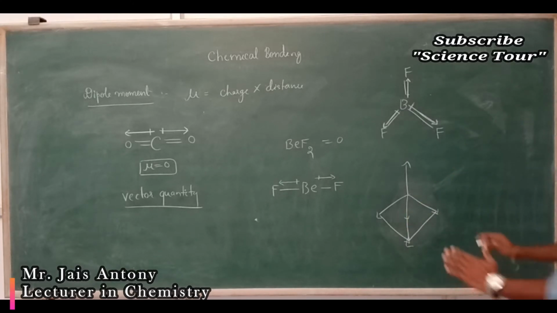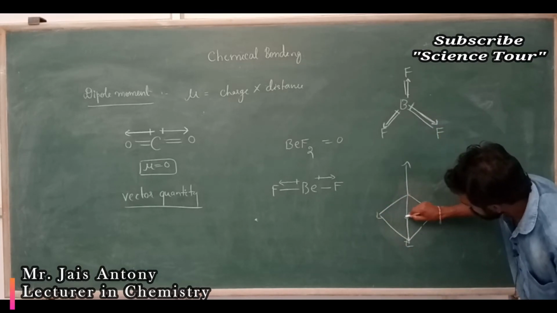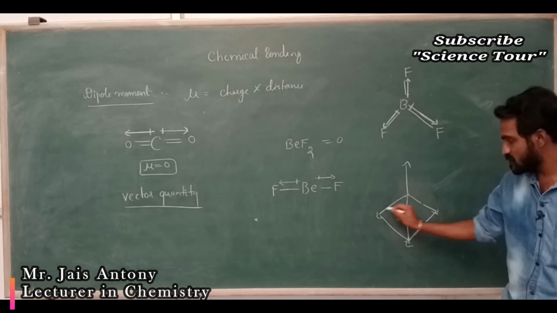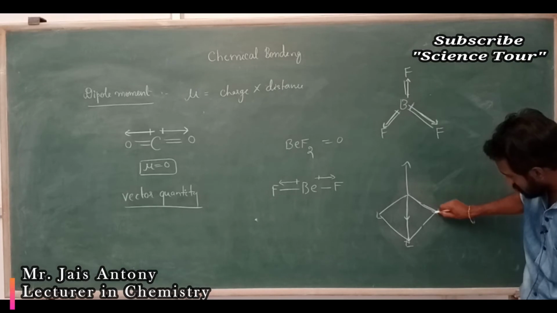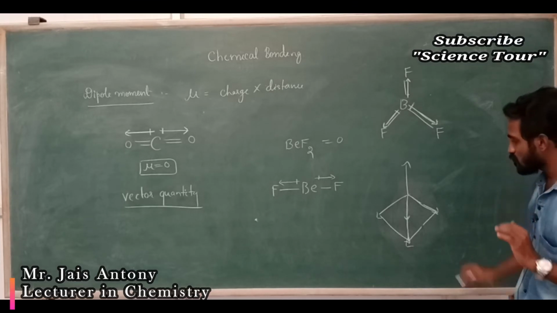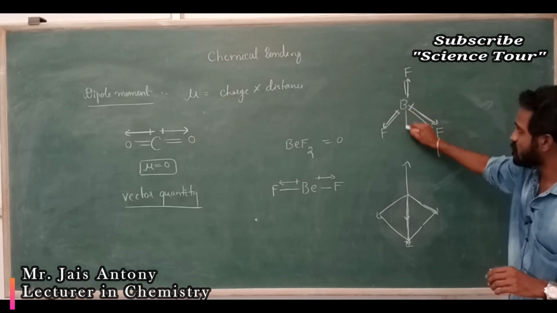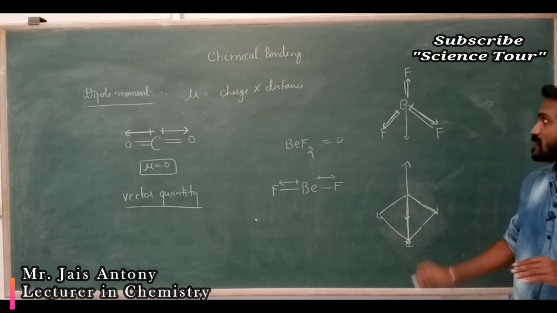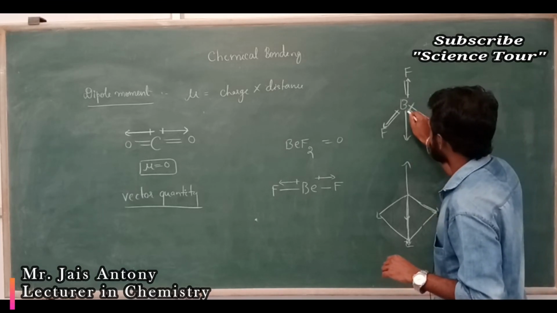So my dear students, here you see, this is the resultant dipole moment. This line is actually double the length of this, correct? That means the distance from here to here is nothing but the distance from here to here, correct? Then again the distance from here to here is there, that pulling is nothing but this one. So the resultant dipole moment is facing downward, this side. So this will get cancelled by this resultant dipole moment. The resultant dipole moment cancels this dipole moment. So the resultant dipole moment is in the downward direction, like this.